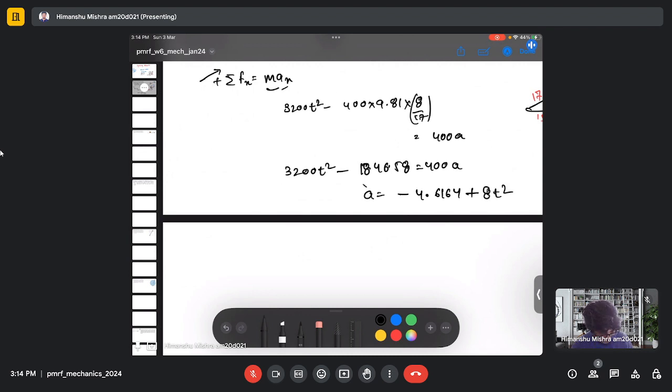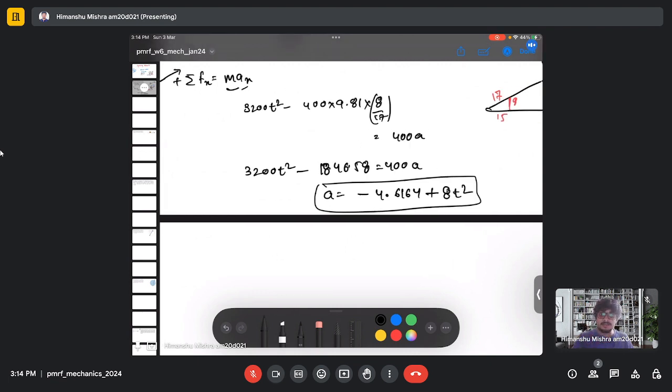So this is the expression I got when I did the force balance analysis in the x direction,